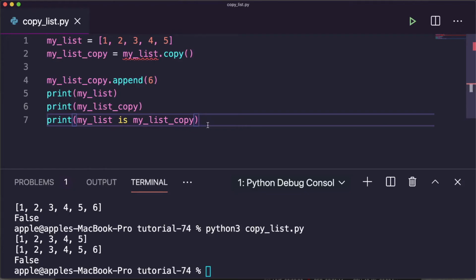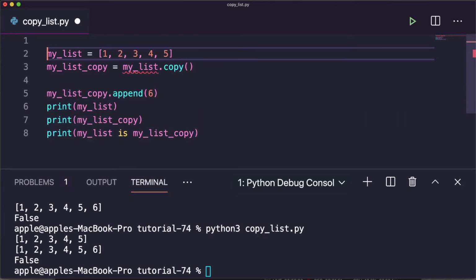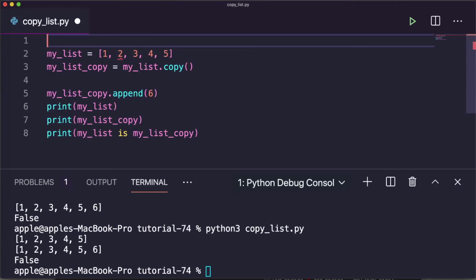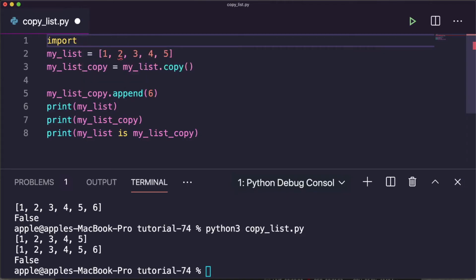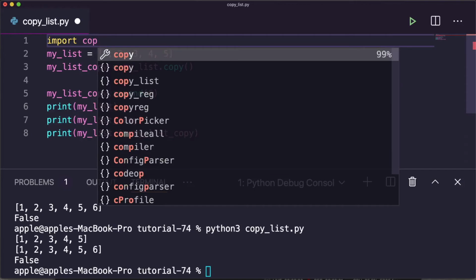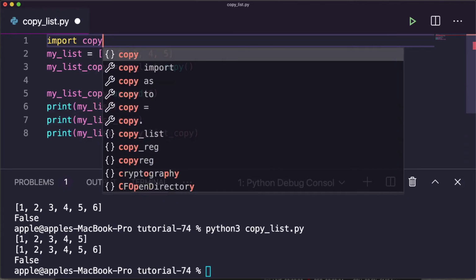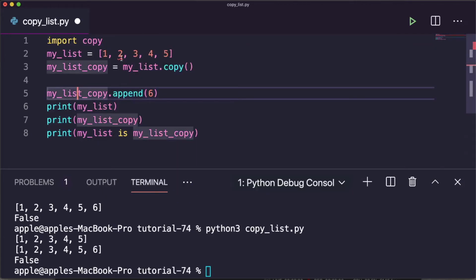The last one is that we can use the copy package to copy the list. Here we can import copy; you know how to import in Python, and we'll discuss it later. Let me import copy here.